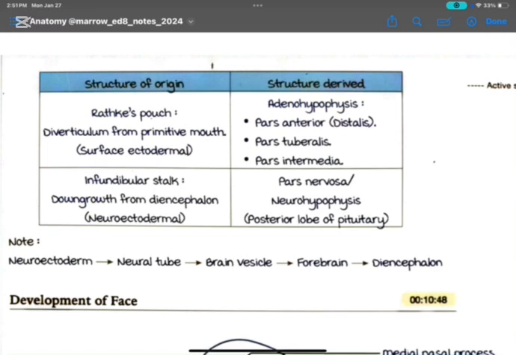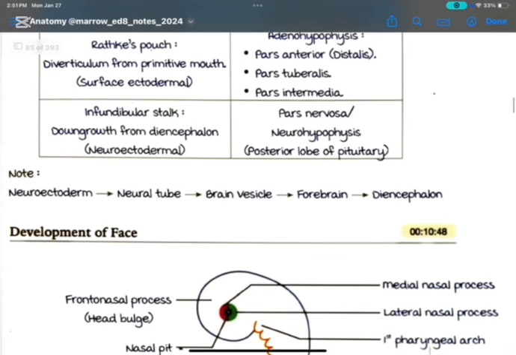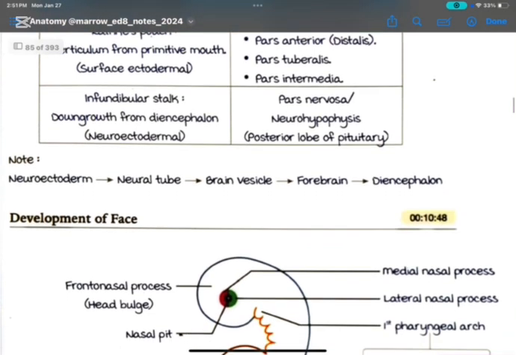Neuroectodermal. Structures derived: pars nervosa, neurohypophysis, posterior lobe of pituitary. Note: neuroectoderm, neural tube, brain vesicle,